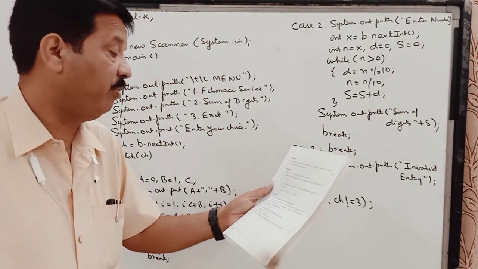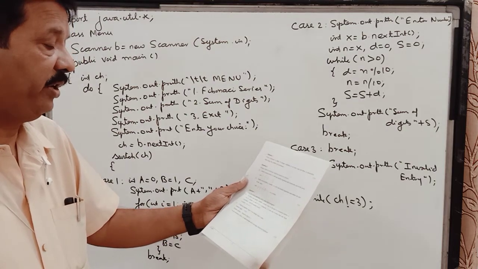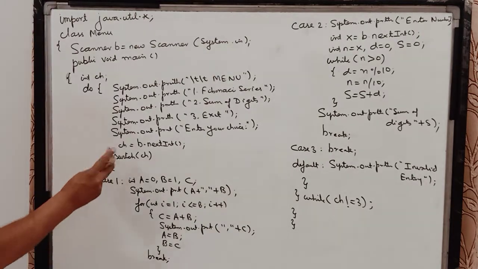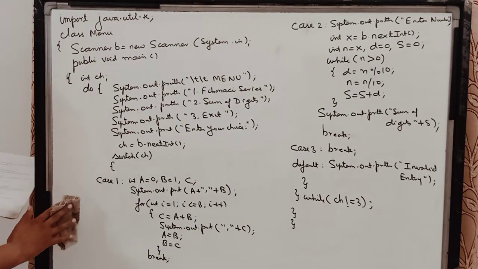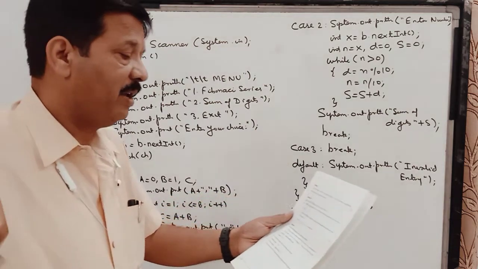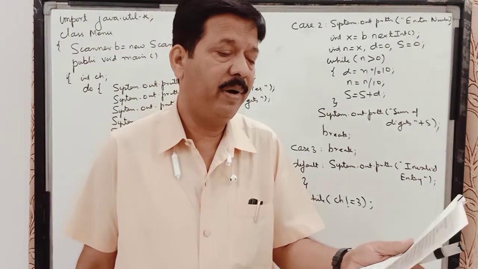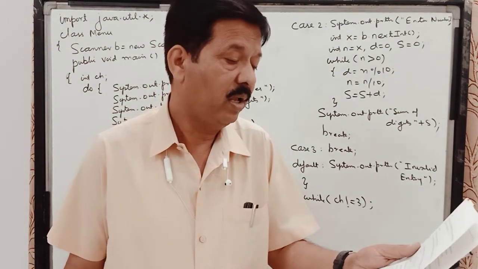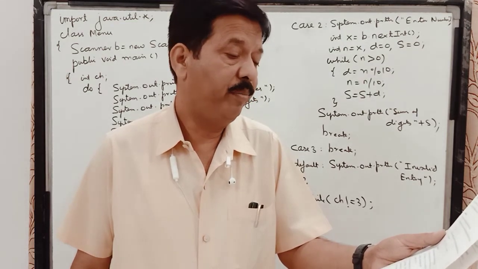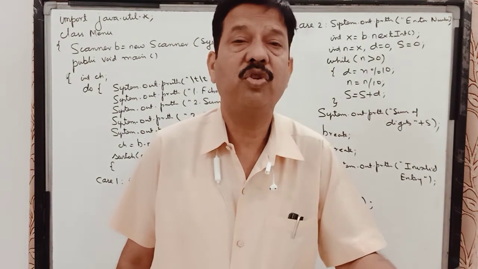We have already done this program. The next part of this program is to find the smallest digit of an integer that is input. This program we recently did. So what is the program? Using the switch statement, write a menu driven program: number 1, to check and display whether the number input is a composite number or not, and second, to find the smallest digit of an integer that is input, and for an incorrect option an appropriate error message should be displayed.